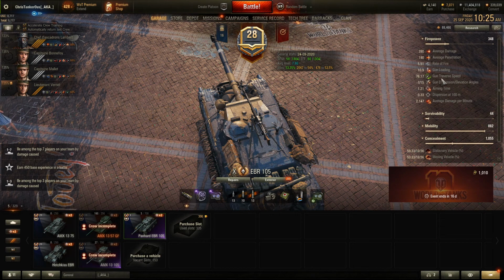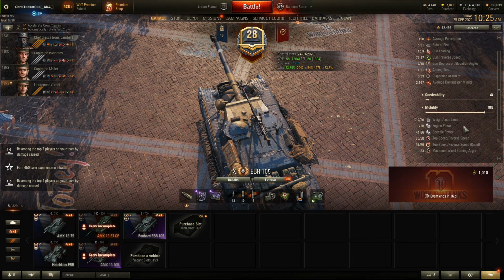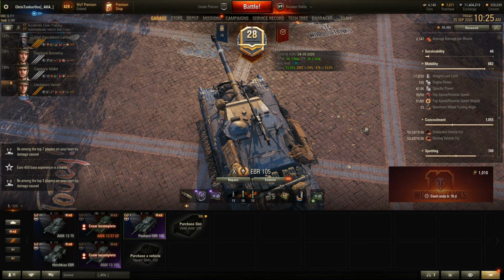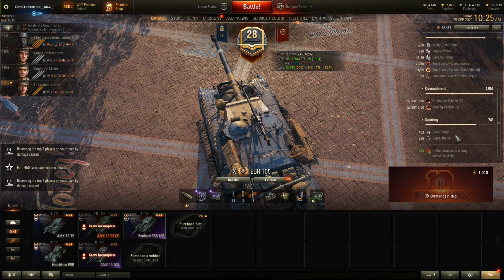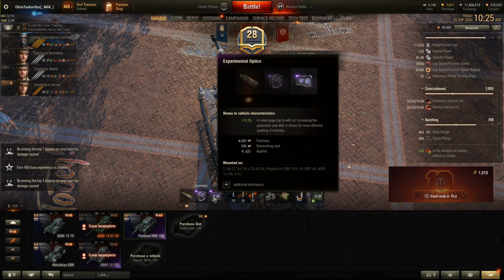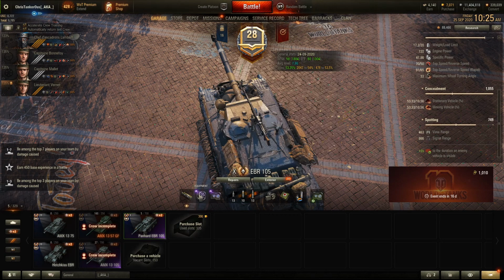Crew skills will affect your reload time, your traverse speed, your aim time. It'll affect your mobility, your traverse speed. It'll affect your concealment. My concealment on my EBR 105 is 53%. You have to have outrageous view range in order to see me outside the 455 meter view range. And I also have 463 meters view range, and that's entirely from the crew skills, having bonded optics, bonded vents,